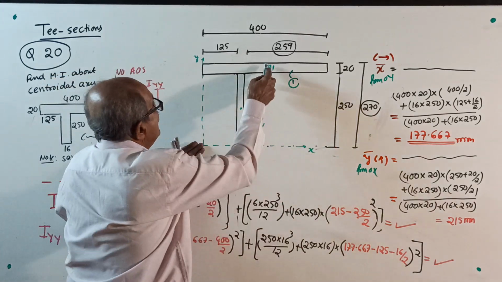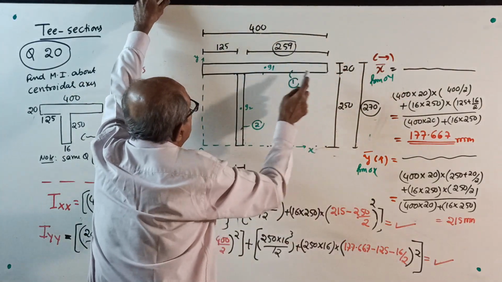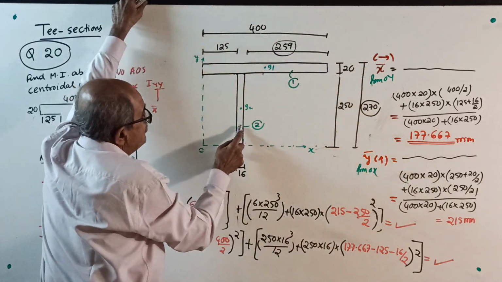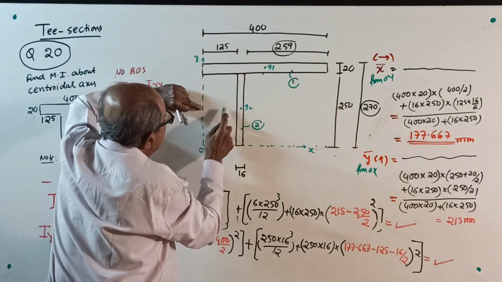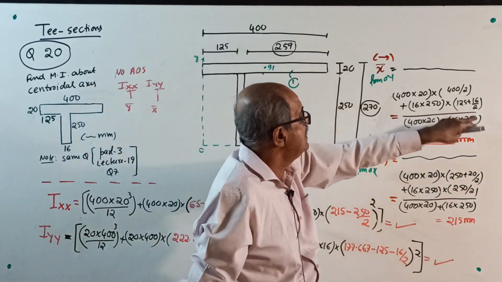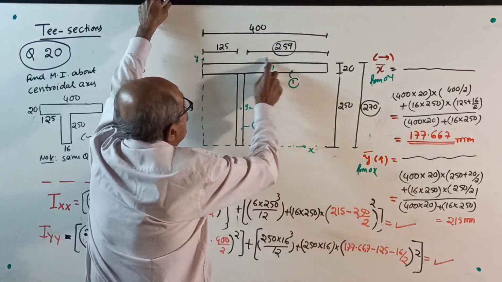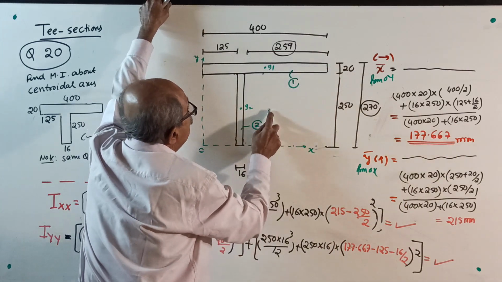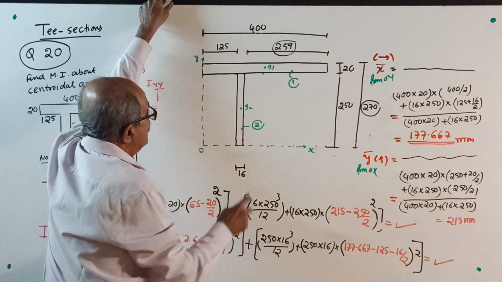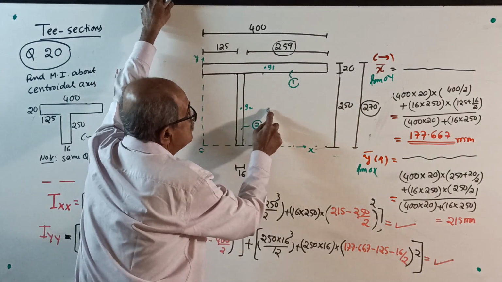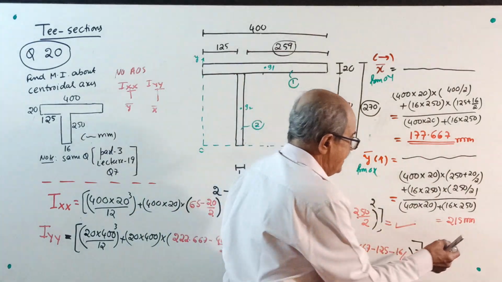X bar from OY: A1 X1, A2 X2. Formula you write. 400 by 20 into half of 400. For this one, 16 into 250 into, its centroid from here, 125 plus 16 by 2. Divide by area, will give X bar. Y bar from here: 400 by 20 into Y1, 250 plus 20 by 2 or 270 minus 20 by 2. This area into this distance, 250 by 2. You get Y bar. Once you get X bar, Y bar, immediately go back